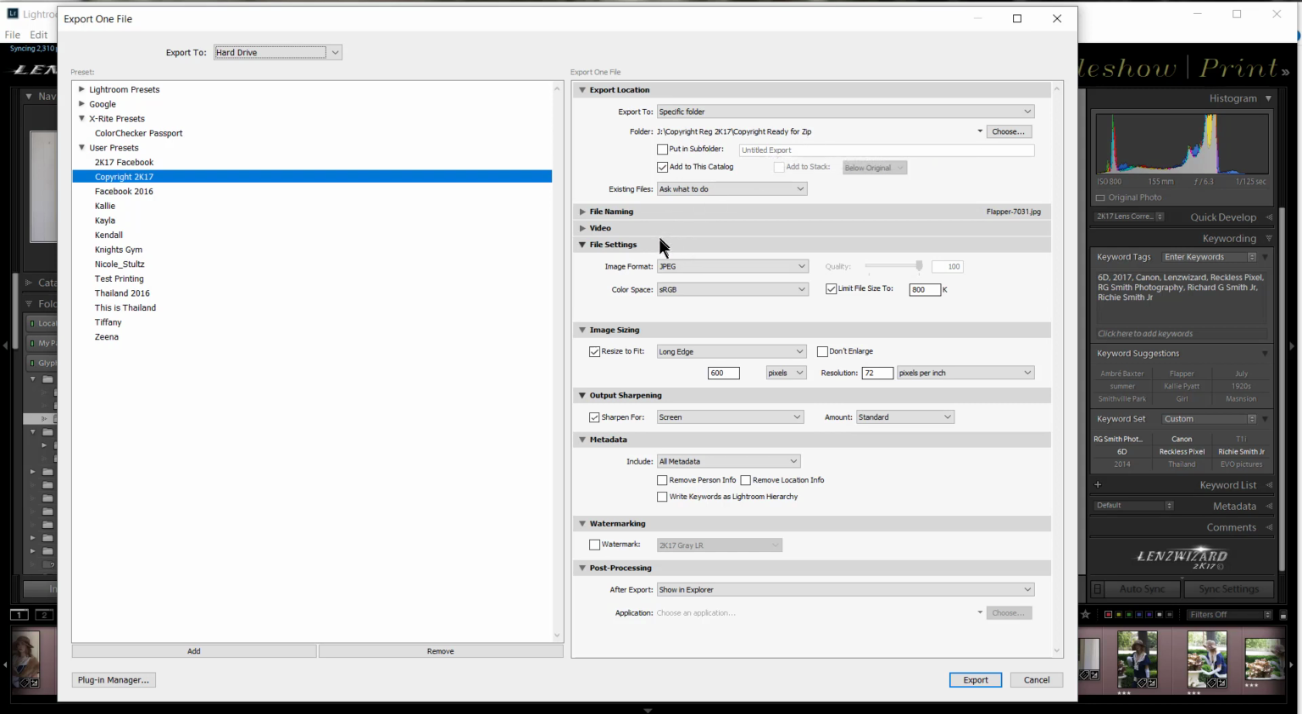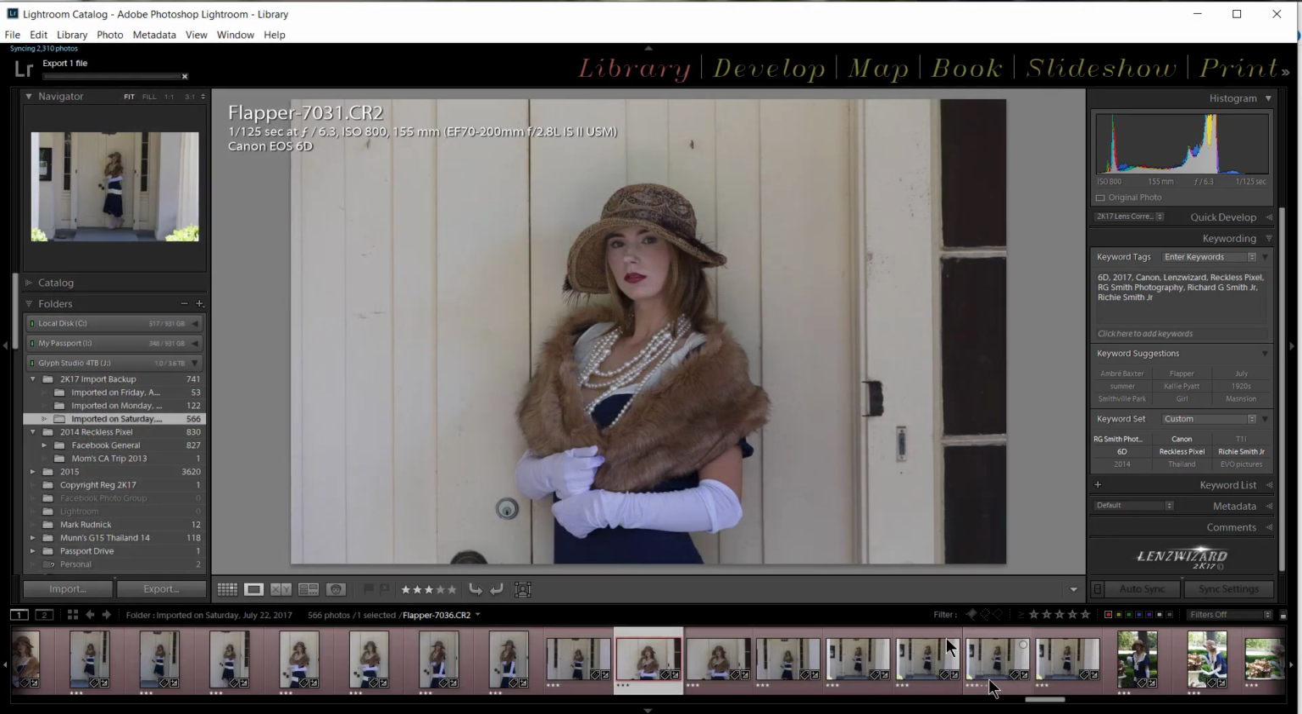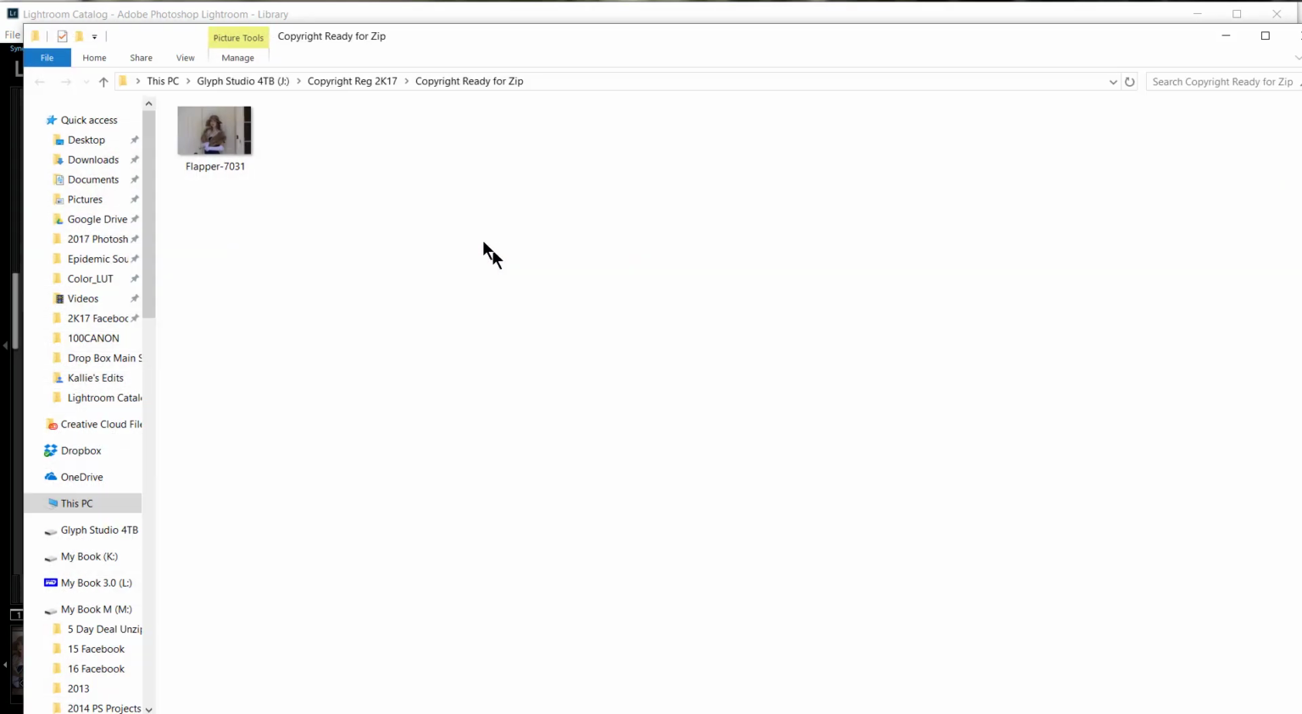We're not changing anything here. We're going to go with limit file size and 600 on the long edge, 72 DPI, no watermarks. To sharpen for screen, you can leave that. That doesn't matter. And now I'm going to hit export. And I have it set up so that it opens it up once it's exported. And if we open that up,